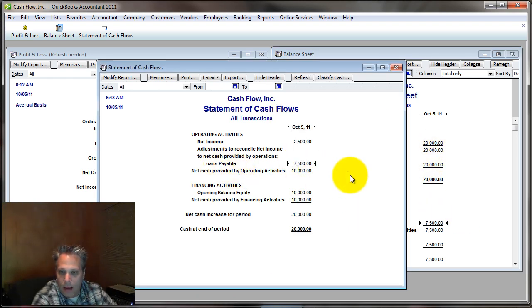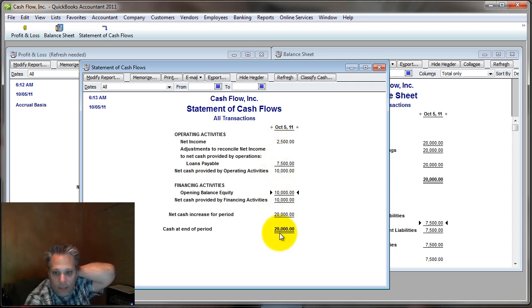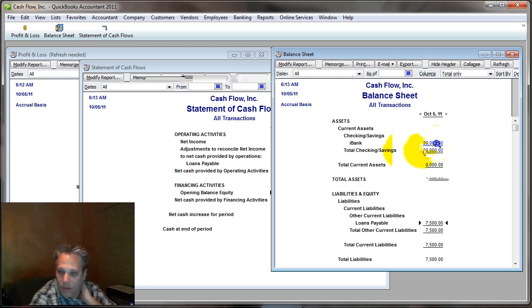Now look what happens here. Notice the net on the loan is that I have effectively borrowed $7,500 during this whole period. That's the net change to the loans payable account during the whole period, because I borrowed $15,000 but I repaid within the same time period $7,500, so I'm left with a loan payable of $7,500. So that's what's sitting in my bank balance that has to be added to net income to arrive at the cash balance at the end of the period, which again is $20,000.